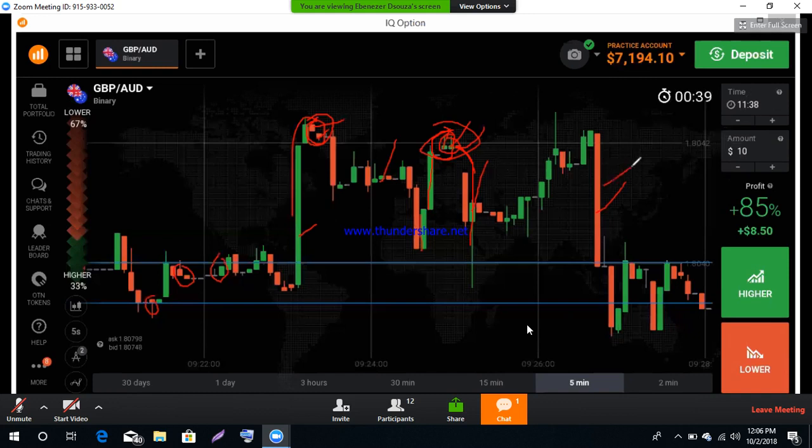And this is a strong candle. We can't take two very big candles as a confirmation because these strong candles work as reversal candles almost 70% of the time. Okay, you can see here this is a very strong candle, it reversed, right? This is a very strong candle, it reversed. This is a very strong candle, it reversed. So strong candles work as reversal candlesticks almost 70% of the time.